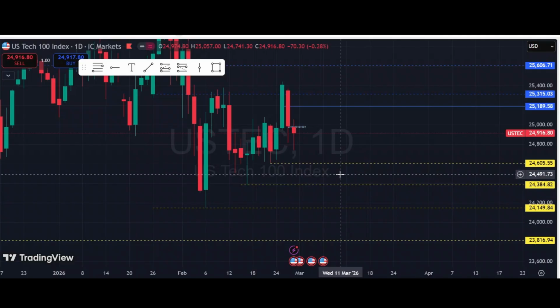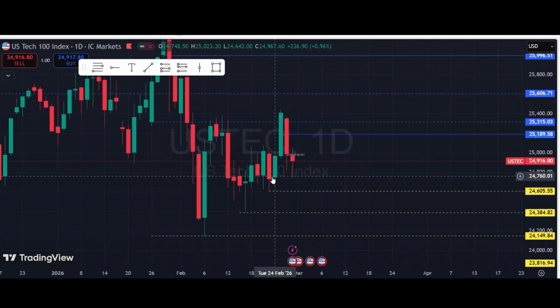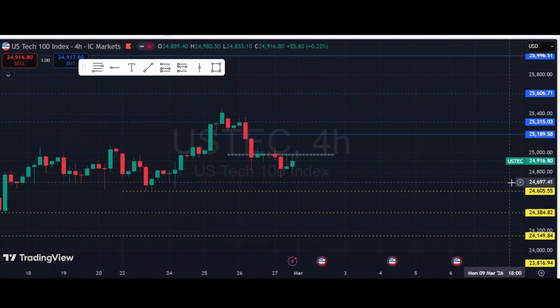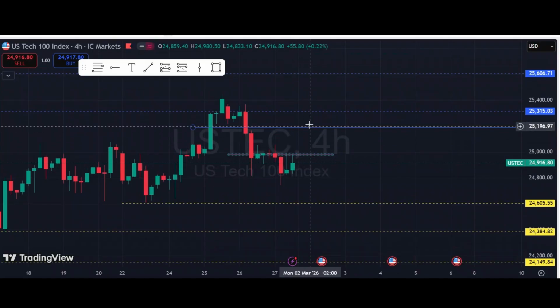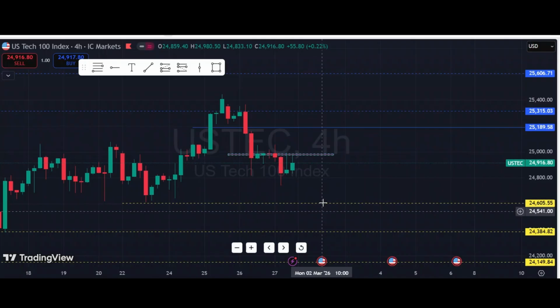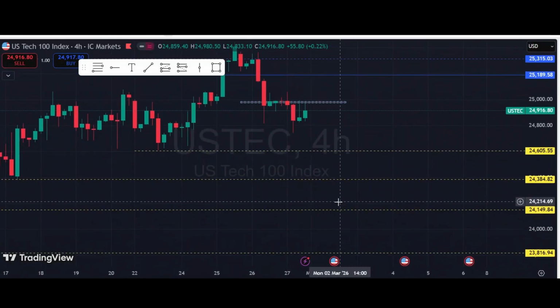Remember this: sequencing before structures, before sequencing. So we are looking at those particular levels, but then we want price to react to some level. Price might actually react to this level before going down, or the fair value gap on the 4H. These are the areas we want to see a reaction in price if it didn't continue down immediately. But these are our draw on liquidity for the week on USTEC 100. That's the NASDAQ. So if we move to our next pair,